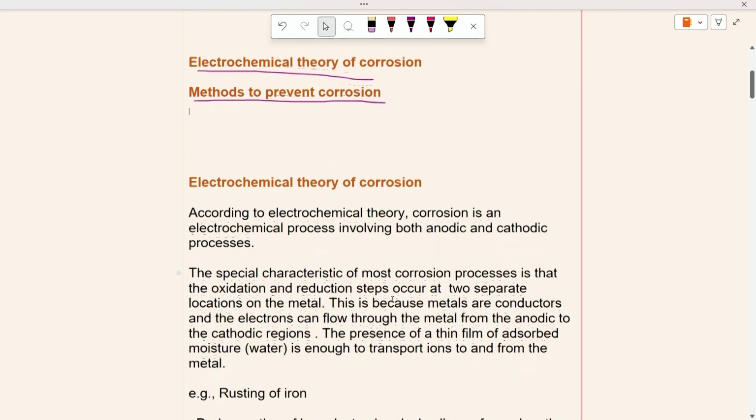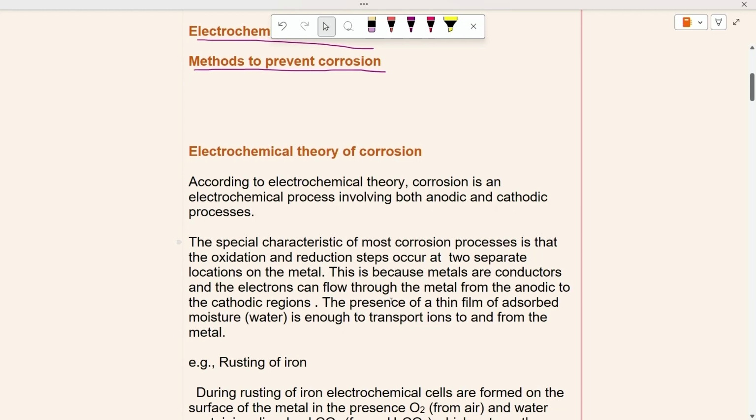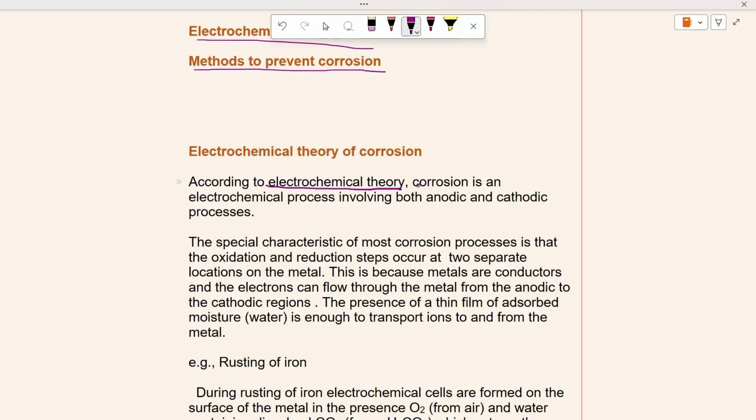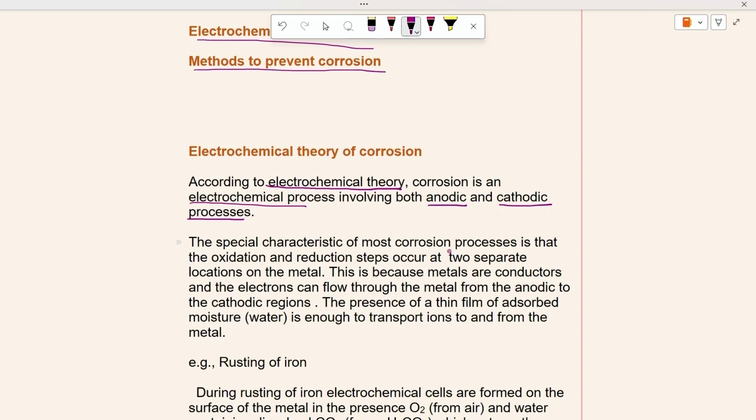First, we will see the electrochemical theory of corrosion. As I have mentioned in the previous class, corrosion is due to the formation of anodic and cathodic areas where the anodic process and the cathodic process occur. According to the electrochemical theory, corrosion is an electrochemical process involving anodic and cathodic processes. That is, there will be an oxidation, and in combination with this oxidation, a reduction also occurs. The special characteristic of most corrosion processes is that oxidation and reduction steps occur at two separate locations of a metal,